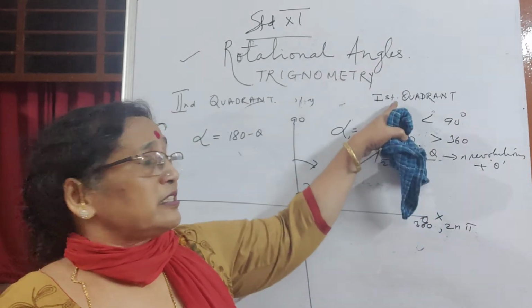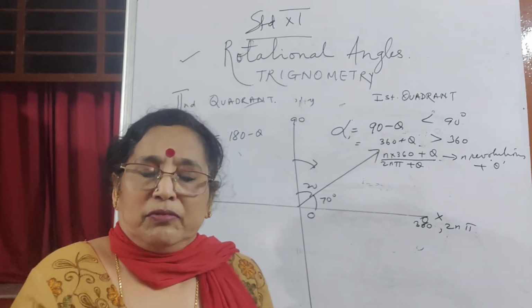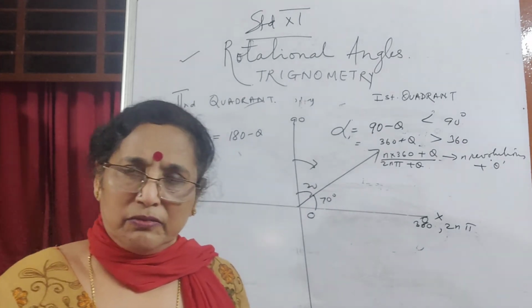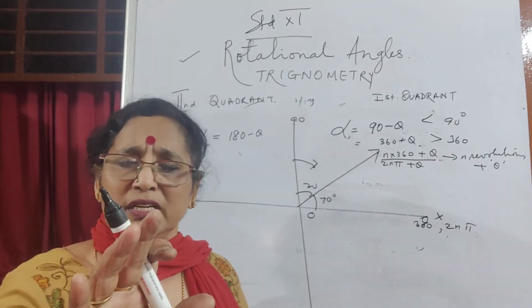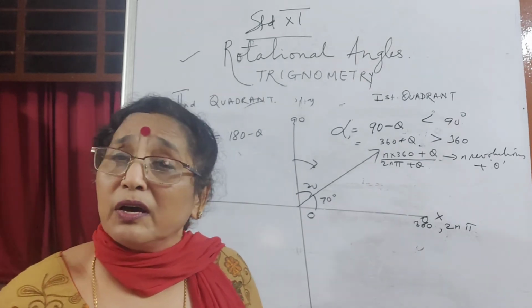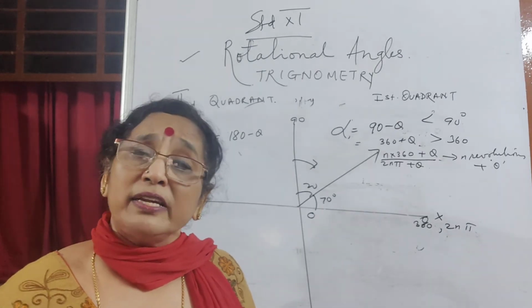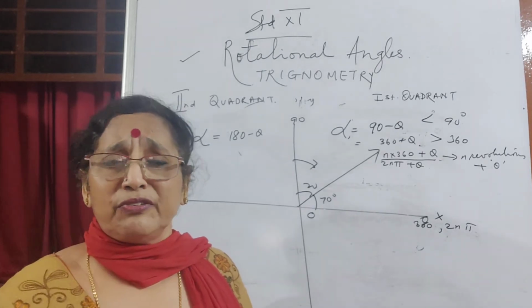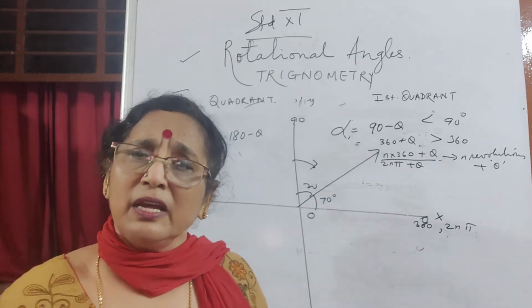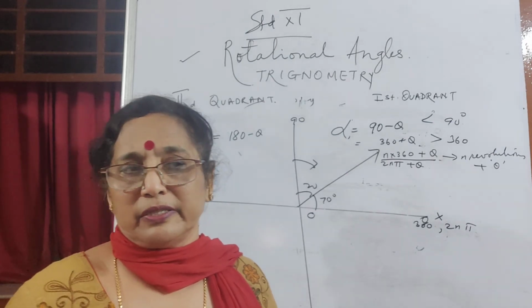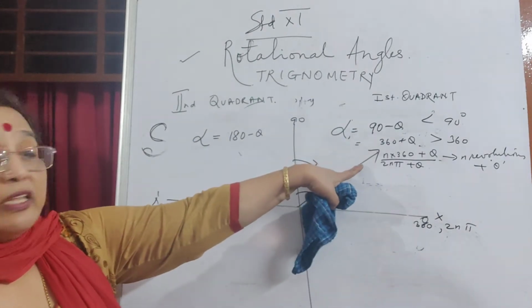That's the meaning. And a revolution is 2 pi. So don't misunderstand that theta will be the same all the way. No, no, no. Like if I say 70 is less than 90, so 90 minus 20 you can write, right? If it's 380 degrees, there's 360. The angle is 360 plus 20. And if it's 2000 degrees or 1200 degrees or 1100 degrees, right? It is 1080 plus 20. Okay, 1080 is 3 times 360 and plus 20 becomes 1100 degrees. Now you got that, right?